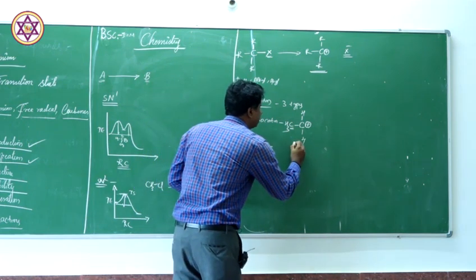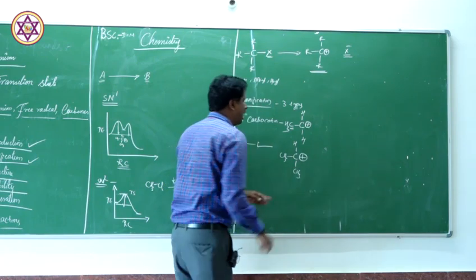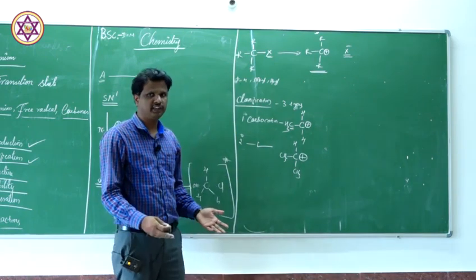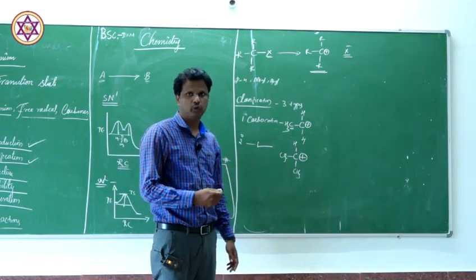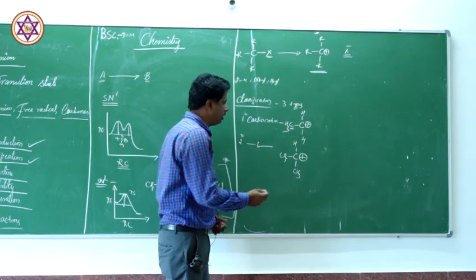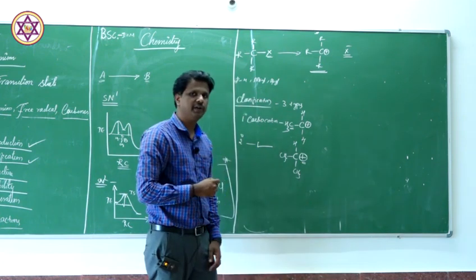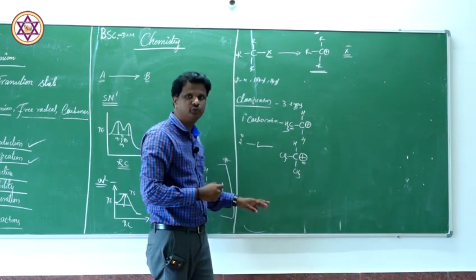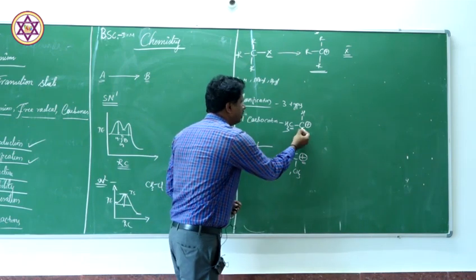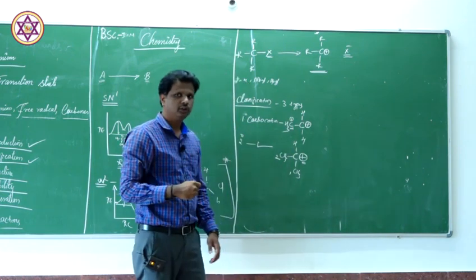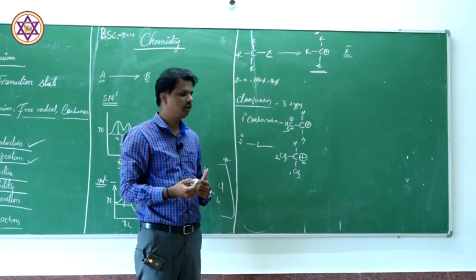In this case, I am writing CH3 here, don't get confused. As I said, this can be any alkyl or aryl group. Here I have written the isopropyl carbocation. Look here, the carbon which is bearing the positive charge is in turn attached to two different carbon atoms. This is 1, this is 2. In the previous case, the carbon was attached to only one carbon atom. So you can call this type of carbocation a secondary carbocation. Okay, now let us move on.